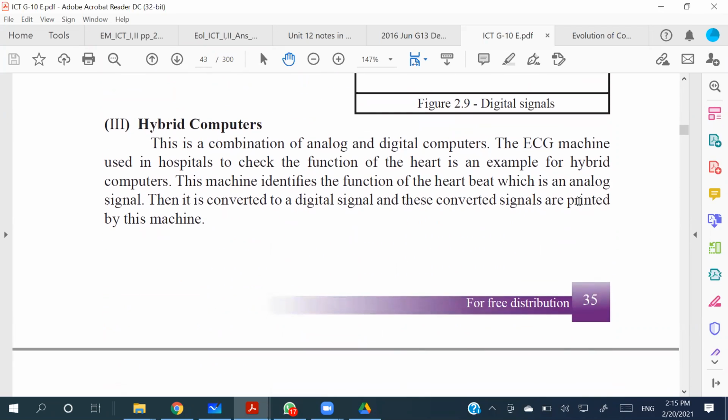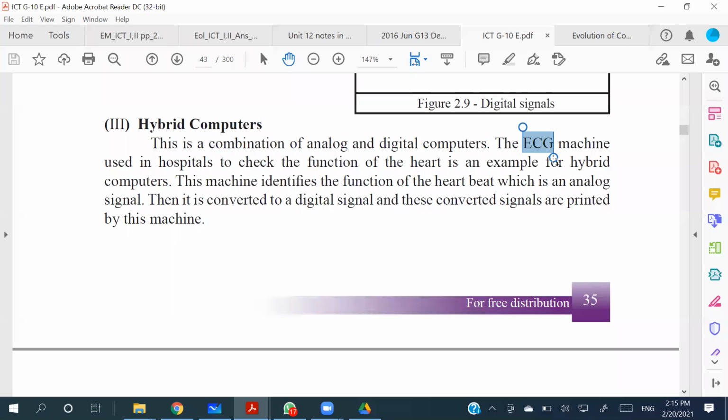So, people, have the subheading hybrid computers, right? Now, hybrid computer, as I told you, one of the very closer examples is the ECG machine in the hospital. Sensors are plugged into the patient's chest. Those sensors monitor the lub-dub sound given by the heart, and according to that the screen will have a graph